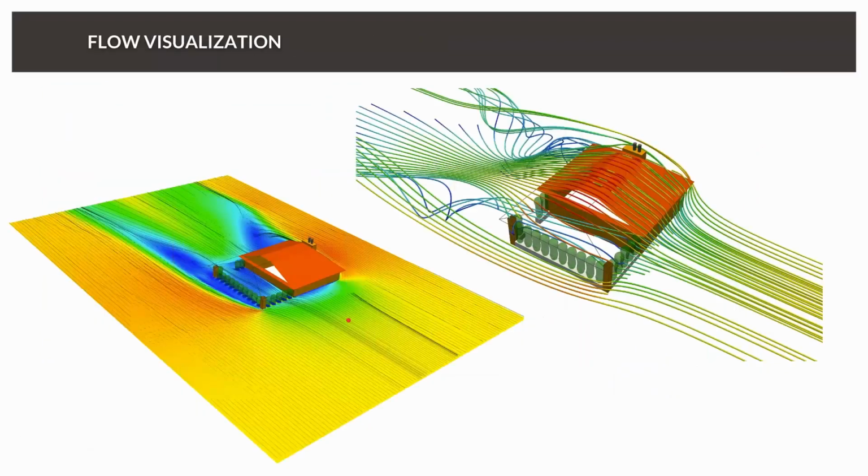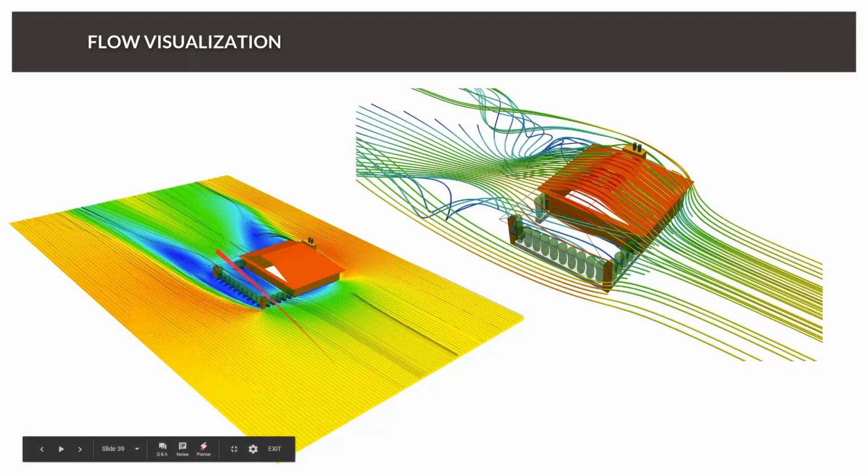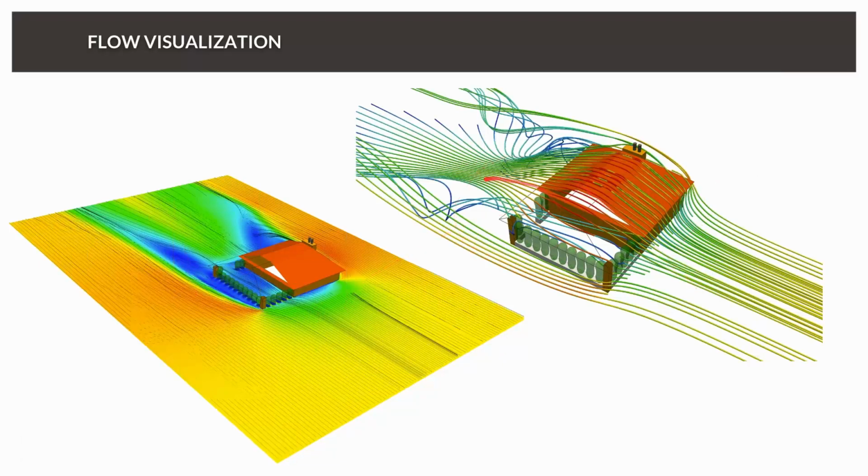Yeah, again some visualizations. So here you can see the streamlines, and actually it shows how air is sucked down by the trees, and you can also see how some vortices are created at the edges